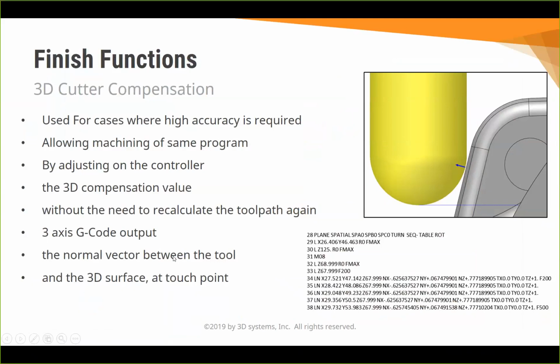Moving forward to finish functions, we have now implemented the 3D cutter compensation. We have been waiting for that for a long time. This is used for cases where high accuracy is required. It is allowing the machining of same program over again without the need to recalculate the toolpath, which can take a lot of time, or in cases where the programmer is doing some other job and the shop floor requires